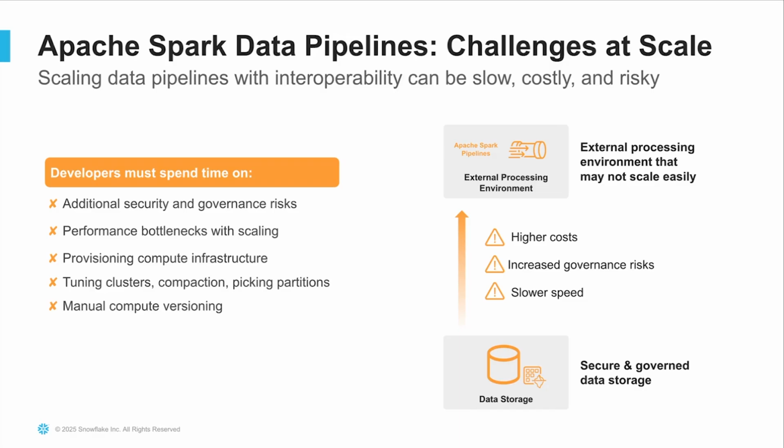When you run open source Spark or traditional Spark, you have to manage your own security and governance. You run into a ton of performance bottlenecks and scaling challenges, and you have a dedicated Spark infrastructure team figuring out which knob to turn in order to get the best potential benefit from the Spark engine. What it results in is higher cost, increased governance risks, and slower speed, which means your business